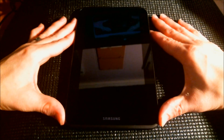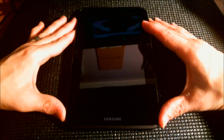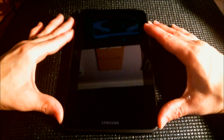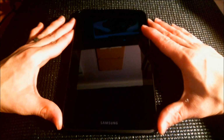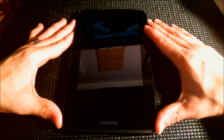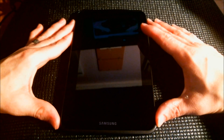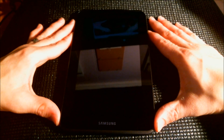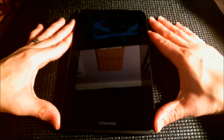We're going to do a review on the Samsung Galaxy Tab 2 7.0 Wi-Fi model. I'm going to give you my take on the device. It's a budget tablet. The best part is it runs Android 4.0. It does have a hint of TouchWiz on it, but it's not overbearing. So we'll take a look at the pros and cons, and I'll help you decide whether or not to pick